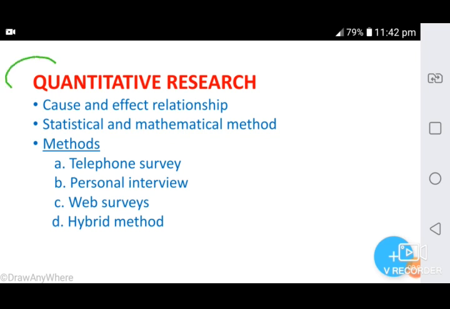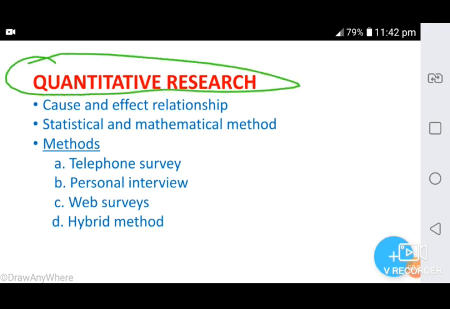Then another important type of research, quantitative research. It is a type of research methodology which tries to quantify the data and establish cause and effect relationship between variables with the help of statistical or mathematical methods. For example, research carried out to know the sales of various toothpaste brands in a quarter by different companies of an industry. It is called quantitative research. It can be presented in the form of tables, charts, or graphs, etc.